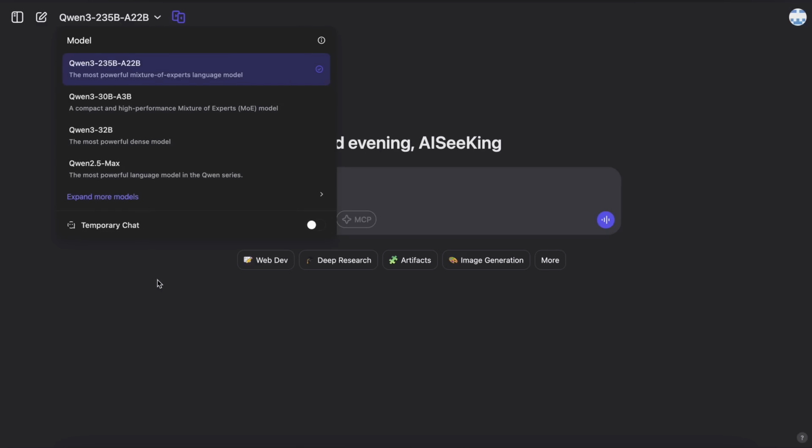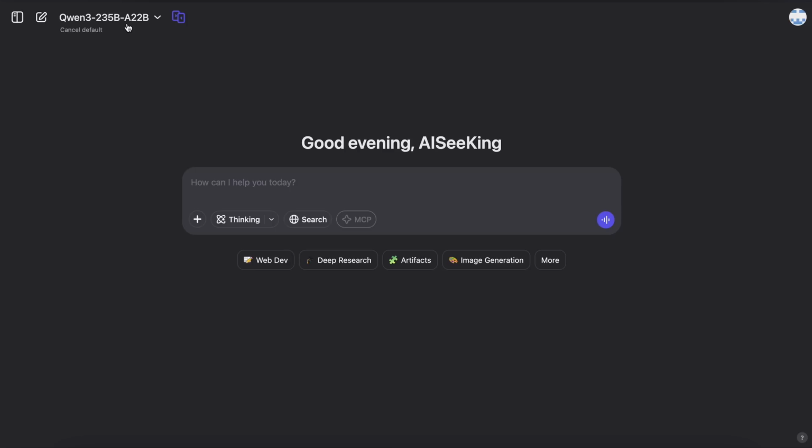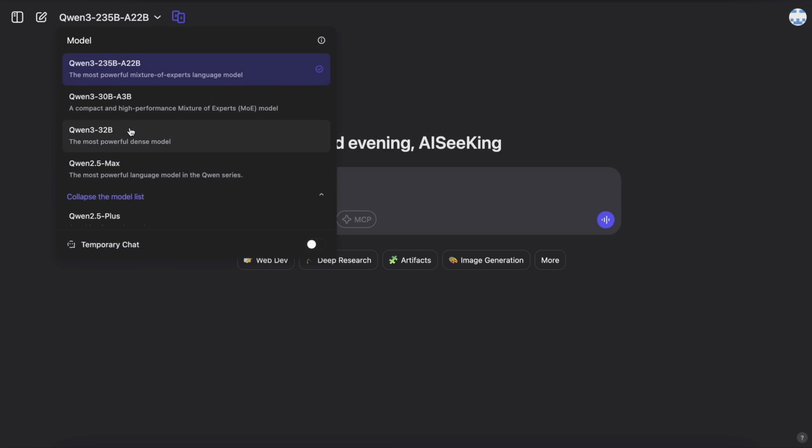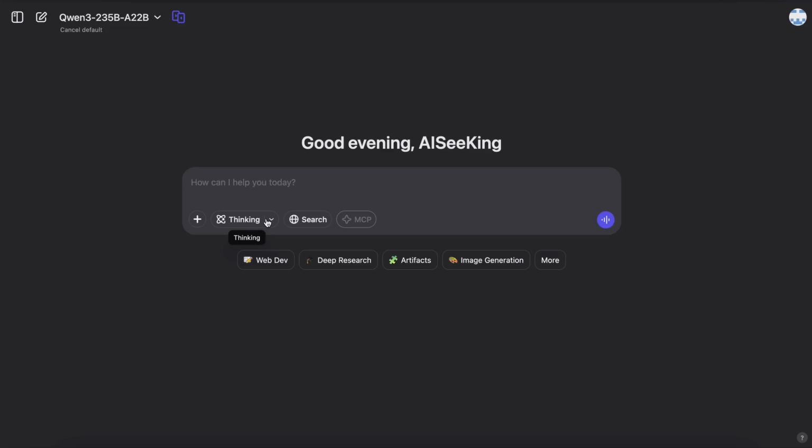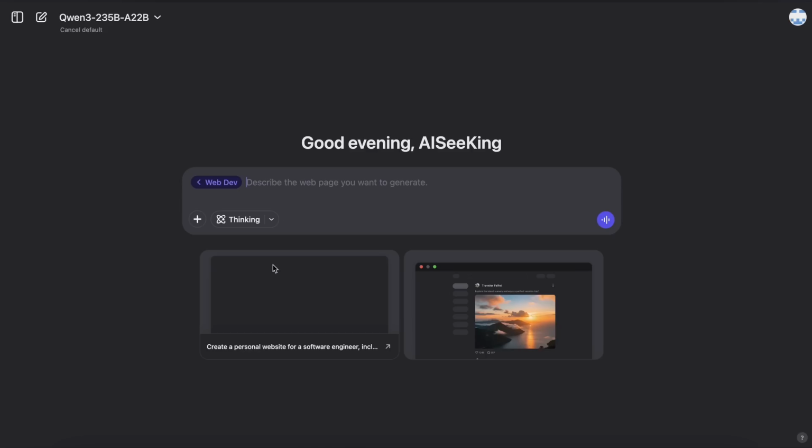So, Qwen's chat platform is pretty insane. I mean, it's free, and it has a ton of features. It has all the state-of-the-art models from Qwen, which you can use as much as you want without any limits. You can also make it do reasoning, as well as make it search and gather real-time info and stuff like